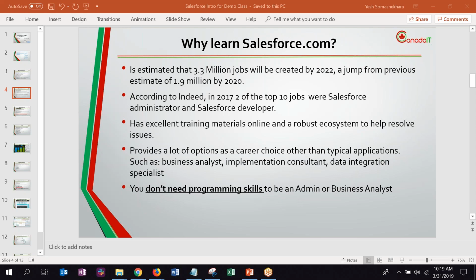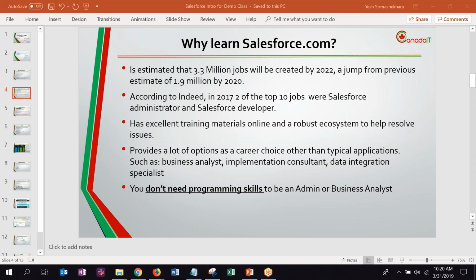Salesforce has been able to beat the Wall Street estimates, either in terms of volume, revenue, or anything else. They're always able to beat it. One of the reasons is that people are now more accepting of cloud and are actually seeing the advantage of cloud. Salesforce being a pioneer in that, everybody is now going towards Salesforce.